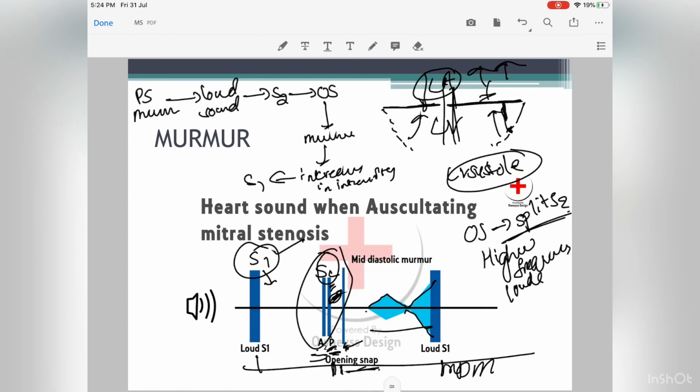The murmur is described as a rough, rumbling, low pitched murmur, which is best heard with the bell of the stethoscope with the patient in left lateral position. The murmur is best heard in expiration. MDM is accentuated by exercise, coughing, squatting, amyl nitrate inhalation, and the murmur is decreased by the strain phase of Valsalva maneuver. The pre-systolic accentuation of the murmur may be lost if the patient develops atrial fibrillation.